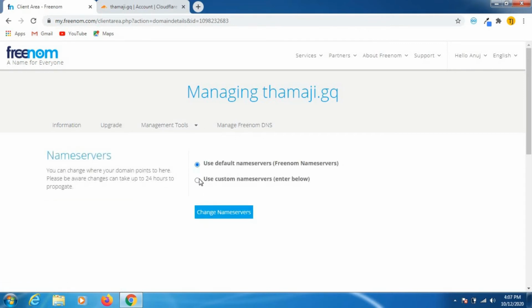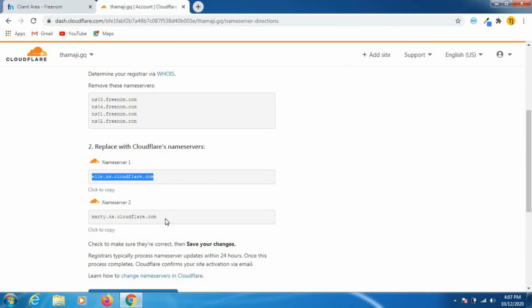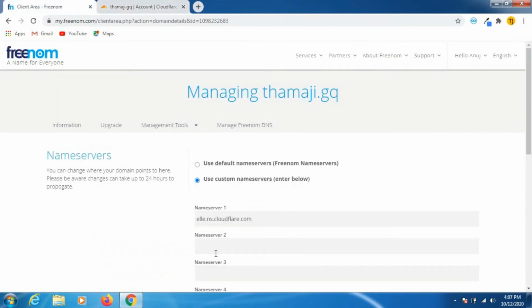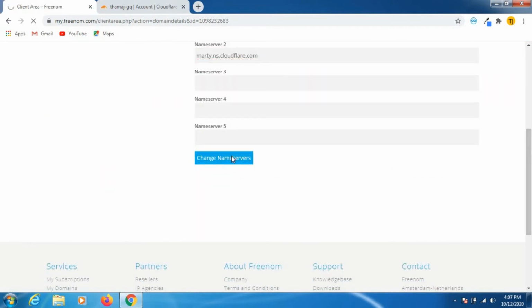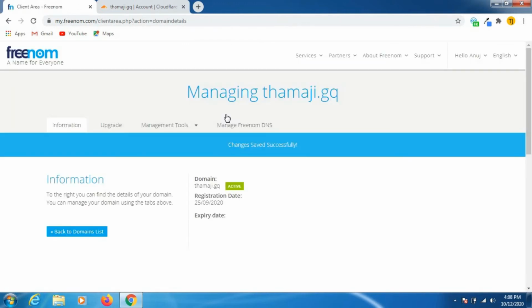After that you need to use this one, use custom name servers, and in name server one we need to paste this, and in the second name server paste over here and click on change name servers. Please note it could take 24 hours for the name servers to get changed, so let's wait.